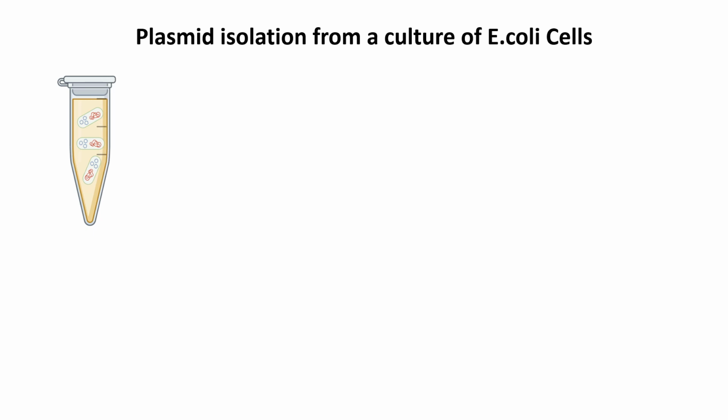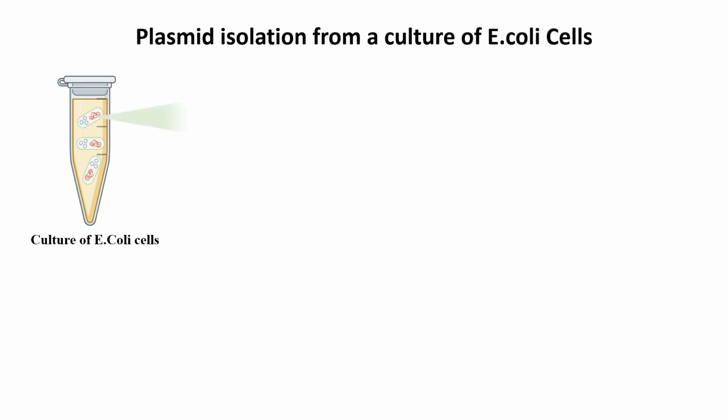The plasmid isolation from a culture of E. coli cells. Plasmid isolation is a common procedure in molecular biology used to extract plasmid DNA from bacterial cells. Here for this experiment, we have used the Escherichia coli bacterial cells, which are shown in a tube at the